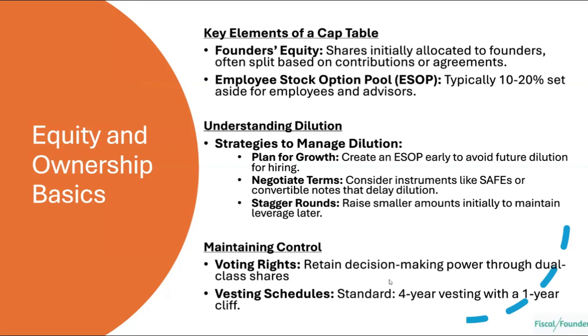All right, moving on to equity and ownership. This is really what your cap table looks like. How much ownership in the beginning, you'll probably just have the founder's equity. I've typically seen mostly common shares here. Don't do preferred yet, because the investors like the preferred shares. You want to have multiple classes of share ownership. The investors would want that. So in my experience I have typically seen common shares issued to founders.